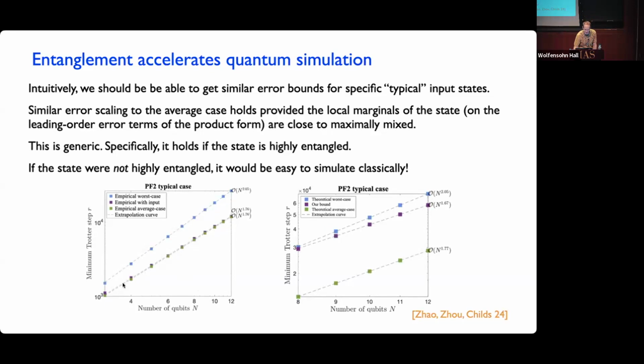And the other curve, which you can hardly tell the difference from it, is where you take some particular input state. I think it's just the all zero state, which is a state that rapidly becomes entangled, because this is a system for which most initial states are going to rapidly turn into very entangled states as the system evolves. And you see that you actually have this much better performance in the number of steps that you need in order to get a simulation within some small error epsilon. So you actually see this in practice in simulations, and the bounds that we've been able to prove about this really can capture this scaling. So that's what's shown here.